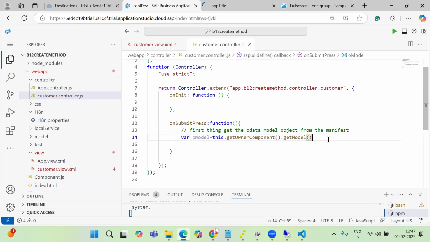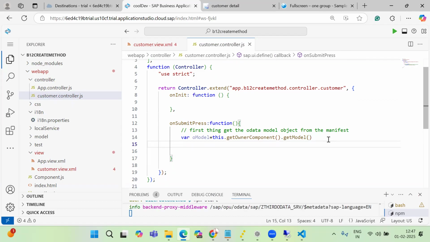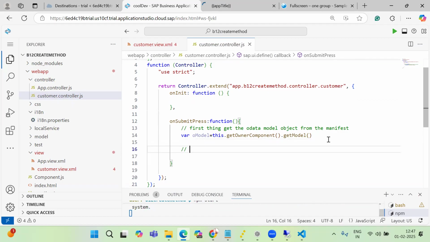Nothing. We have not provided any name to the model. Of course, it is the OData model, but we have not provided any name to it. Okay. The second thing is like